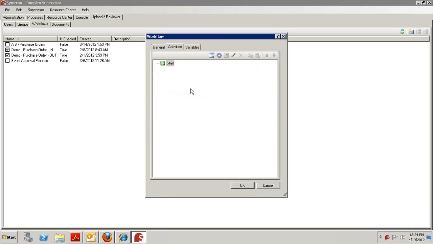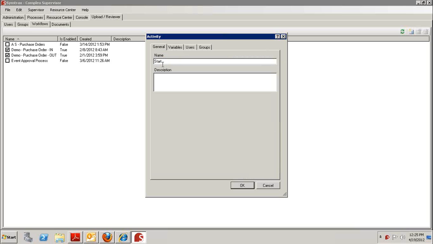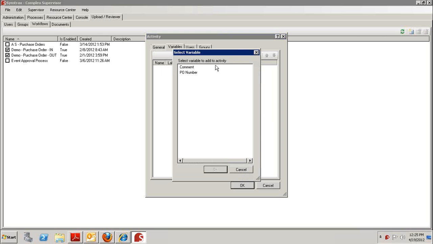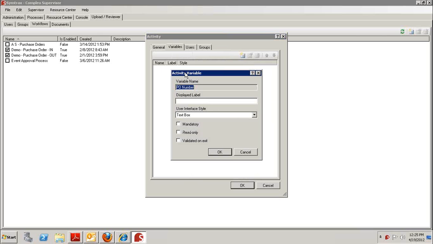Now I have to define my first activity, which will be the start activity or upload activity. I can double click on it to edit it. To edit, for example, its name. Then the variables that will be used in this activity. So here I will use the two variables PO number,